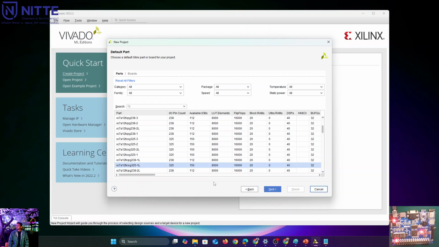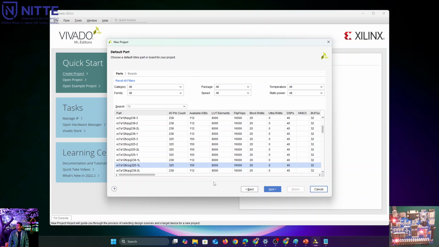Now the important task is to select which IC we are using for our FPGA. Usually you can find the IC by zooming in on the chip here. You can see the pin mark here. If you zoom in, or if you capture an image using your mobile phone, you'll get which IC is installed on your board. The same IC we need to select here. In our case, it is